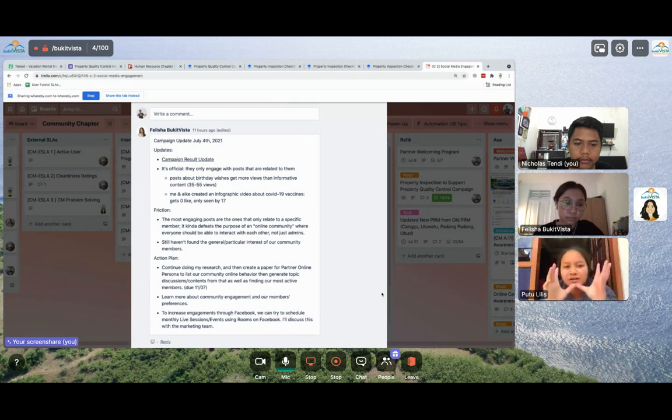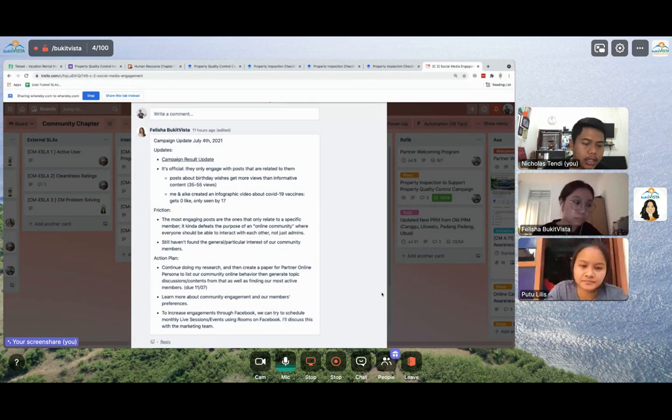Perhaps we can set a rule that what you are selling must be related to property rental. And then the admin can also accept or reject the post. For example, if a member wants to post and we accept, then the post will be published. If not, the post will not be published. So we can review before publishing.